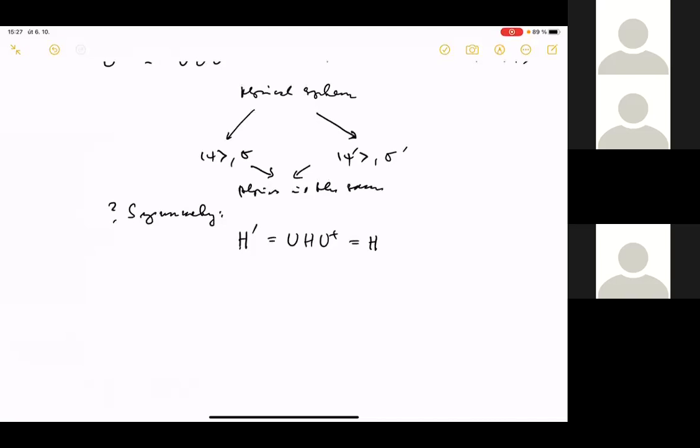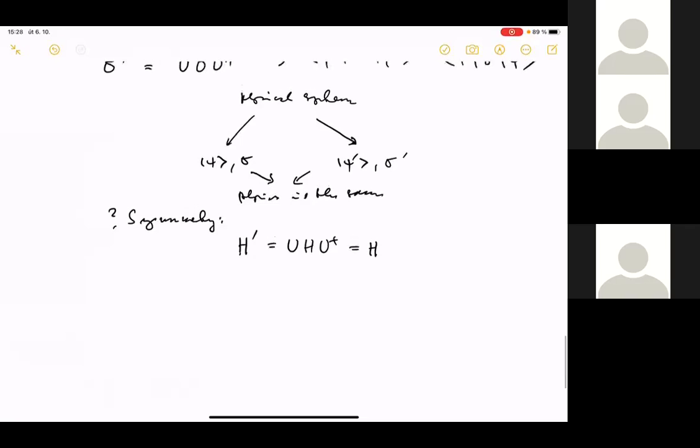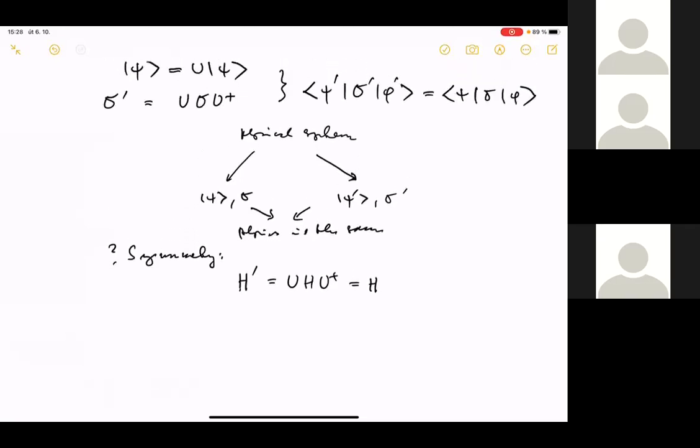This has very, very important consequences, because in such a case, both these observers using this formalism or this formalism have the same Hamiltonian. That means the same Schrödinger equation,